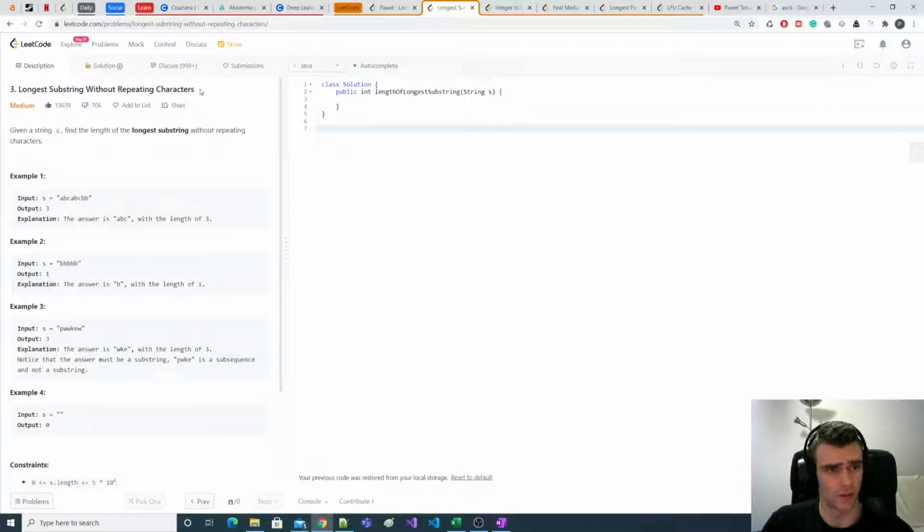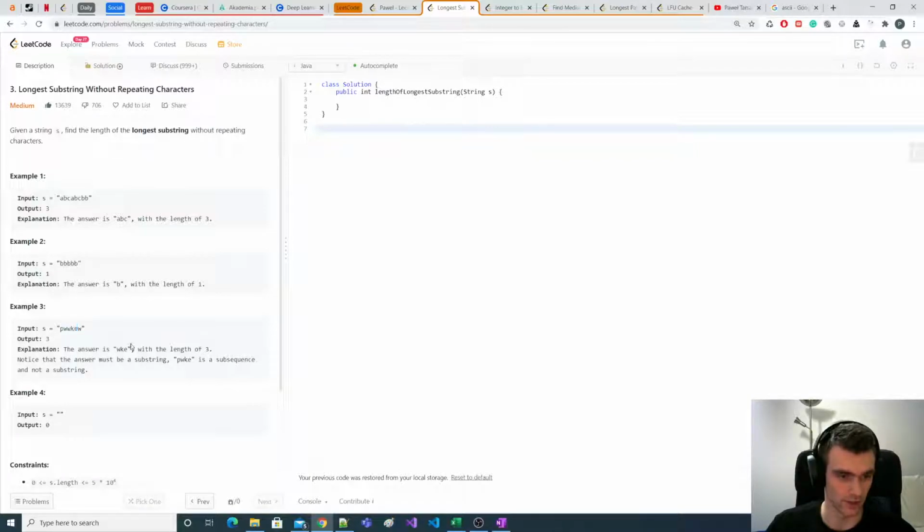Hello, we got the longest substring without repeating characters. This is a pretty popular one, and the objective is to find the longest substring without repeating characters. Surprisingly. Okay, and ABC is the longest substring with no repeating characters. If we want to add the A, then there's a repeating character here. With that example, there's only B, and with that example, we can go further and we can find this W